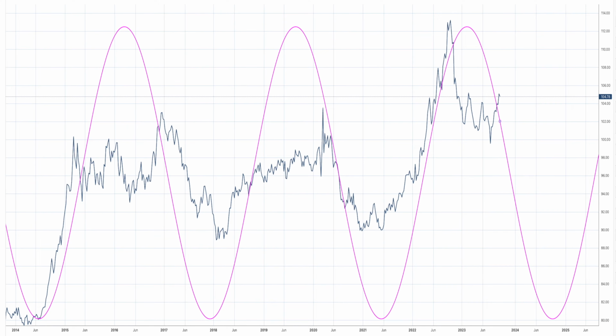Hey guys, today's Monday, September the 11th of 2023, and I wanted to go over the US dollar. So without any further delay, let's get into it. I wanted to see some of the cycles and seasonality and see where we're at with the dollar, because it looks like it wants to test that high.